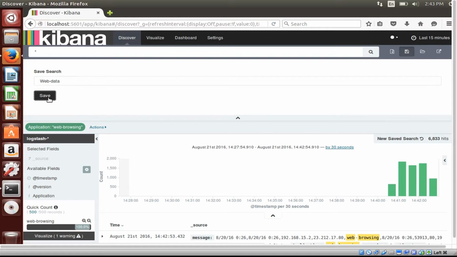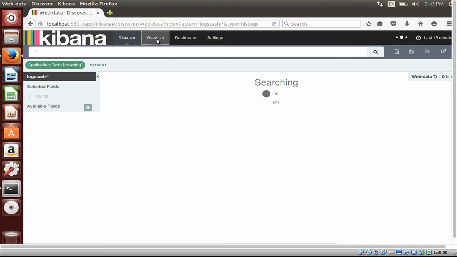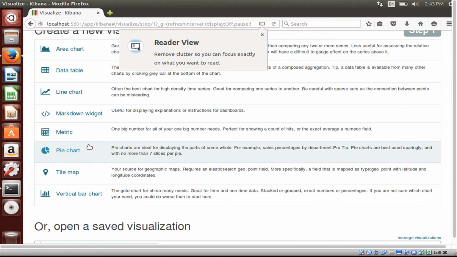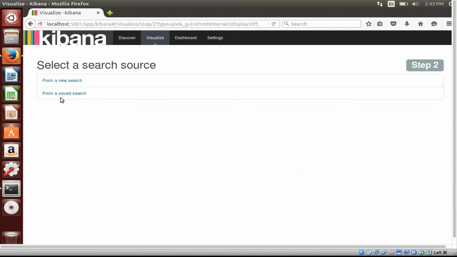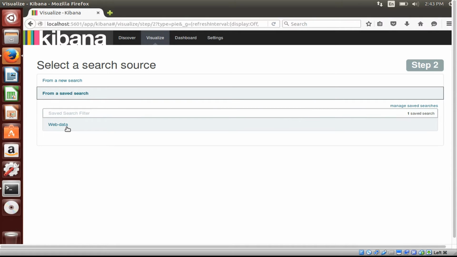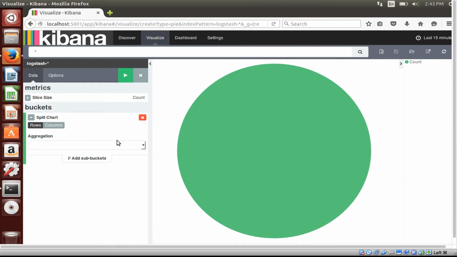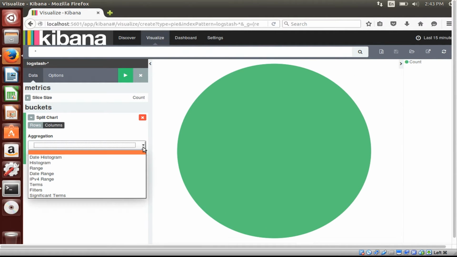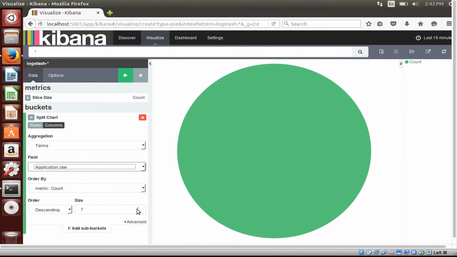And then you go for, okay. And then you can go for the visualizations. And then you have different options for how you would like to visualize. For example, let's go for the pie chart. You can either do your search queries and do the visualization for that, or you can just go for a new search, and then specify what particular field you would like to visualize. So here I'm gonna choose, let's say, applications, and let's give some number, and then boom,